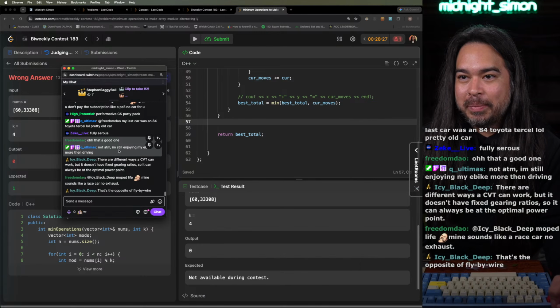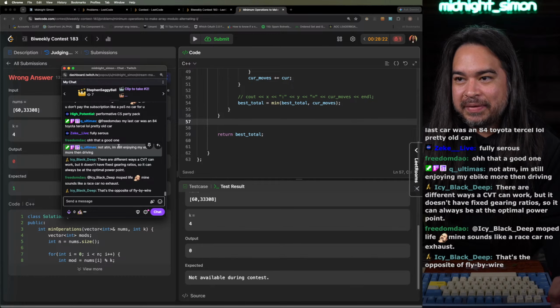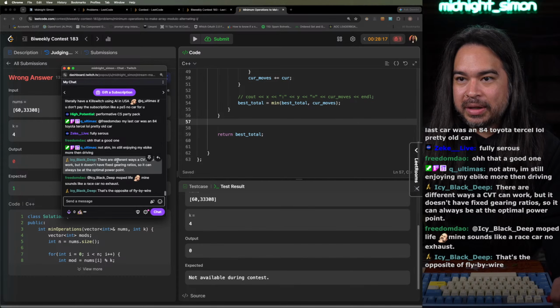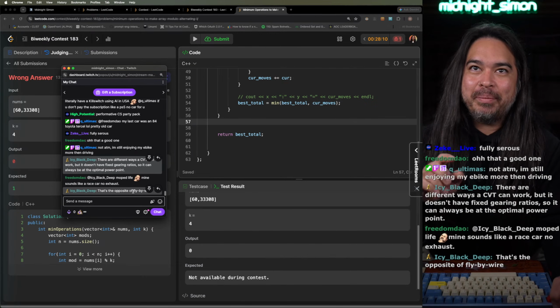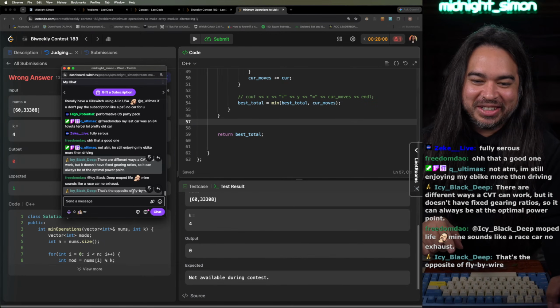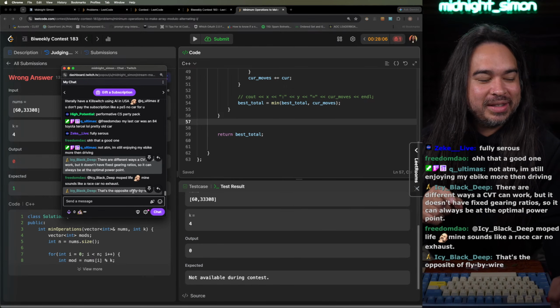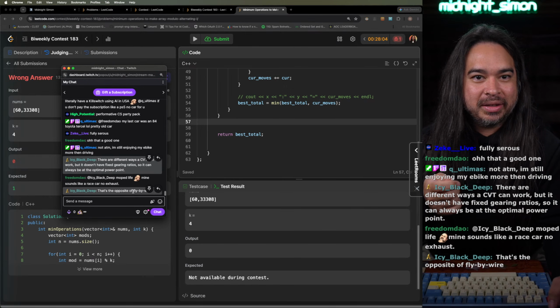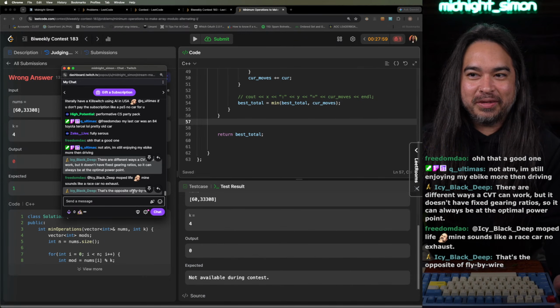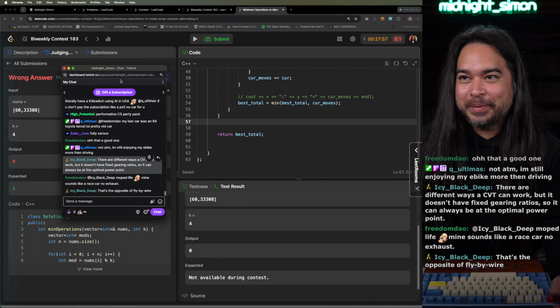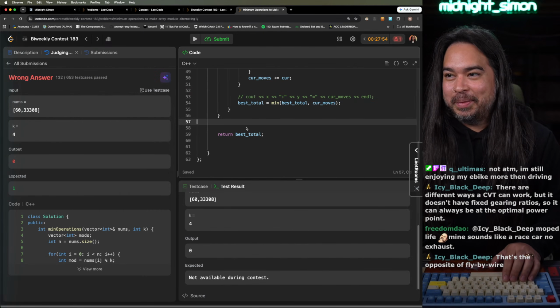Still enjoying my e-bike bumping. There are different ways a CVT can work, but it doesn't have fixed gearing ratios, so it can always be at the optimal power point. That's the opposite of fly-by-wire. Wait, fly-by-wire is the electronic one, but I don't know what you call the one with a cable attached from your pedal to the throttle body. Anyways,